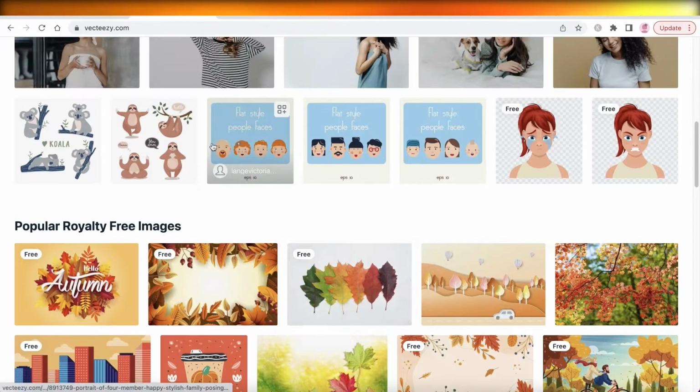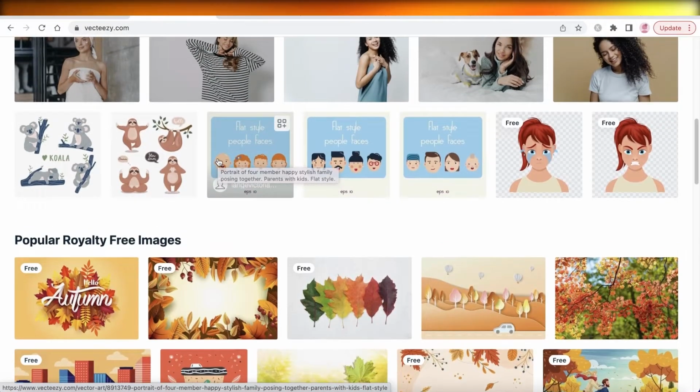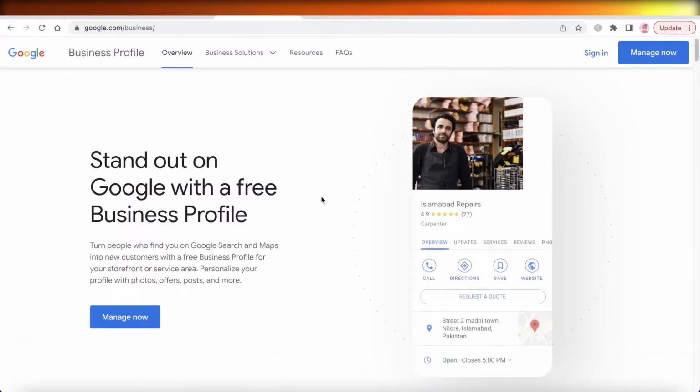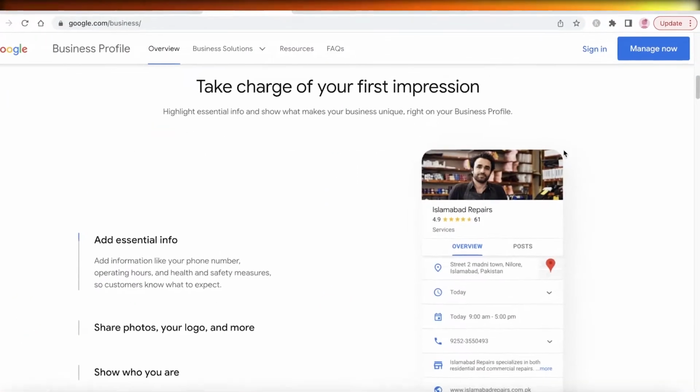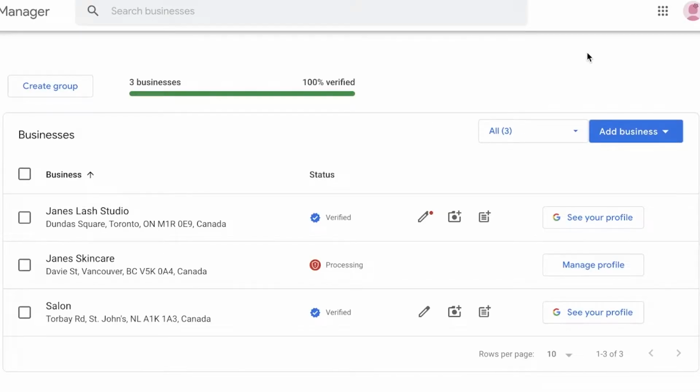Now, a lot of people know that marketing your business is probably one of the most important aspects of running any kind of business nowadays. And if you are not marketing your business, then no matter how great the quality of your product or how amazing the idea of your business might be, you will not be able to get the viewership that you want. And that is why it is so essential to market. And I have a few tips and techniques that will allow you to market yourself for free.